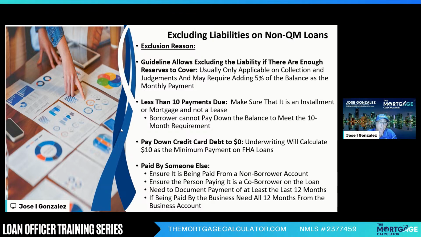And if it's being paid by someone else, again, all the same reasons are applicable. Hopefully you're not sharing the account with that person, and hopefully they're a co-borrower on the loan as well for that account, for that asset. And make sure you're documenting 12 months worth of payments